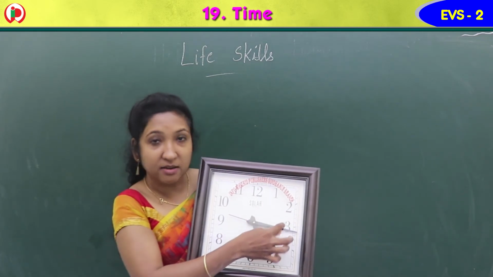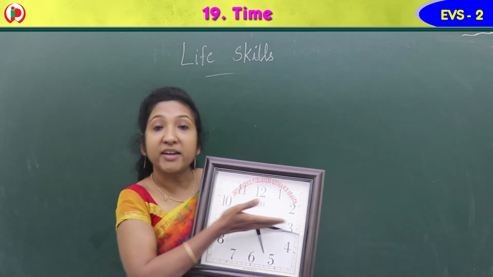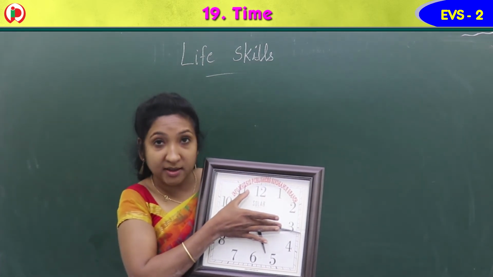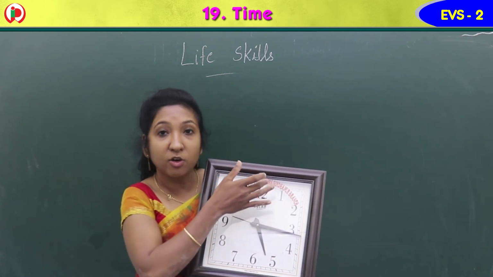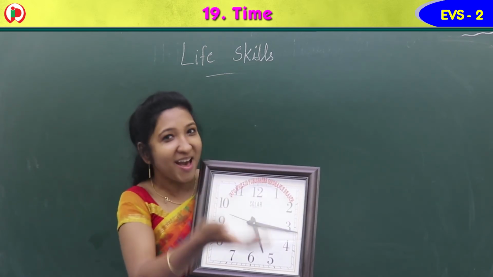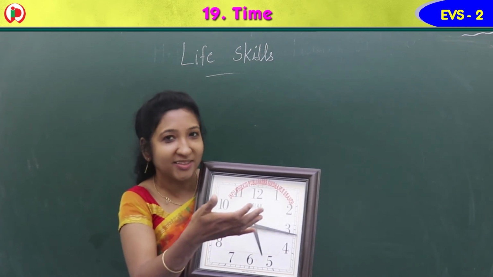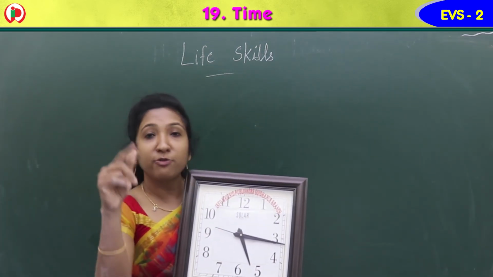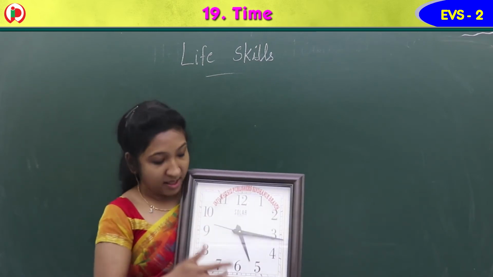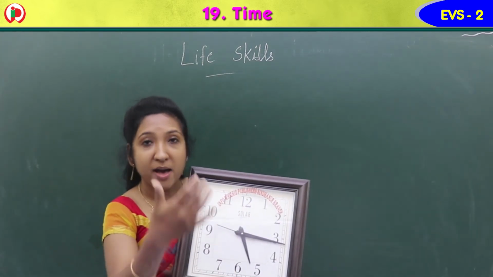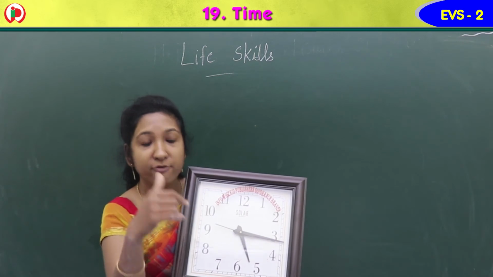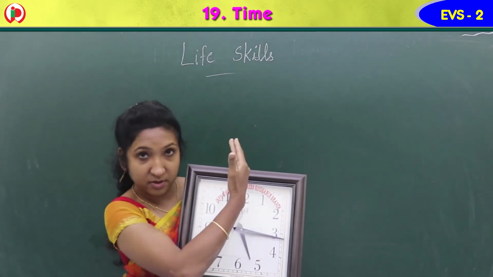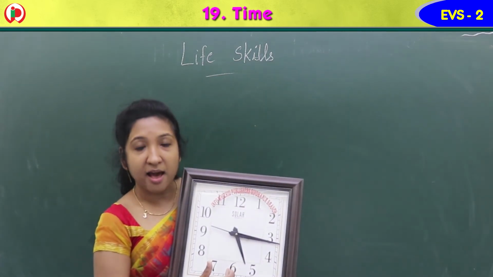5, 10, 15. This part we can say it's a quarter part. Quarter, we say quarter to 3, quarter to 2, quarter past 1, past 2, like that we can say. Quarter we say for every 15 minutes. For 15 minutes we say quarter. And for half past or half to, half we say for half. Means 30 we say half.